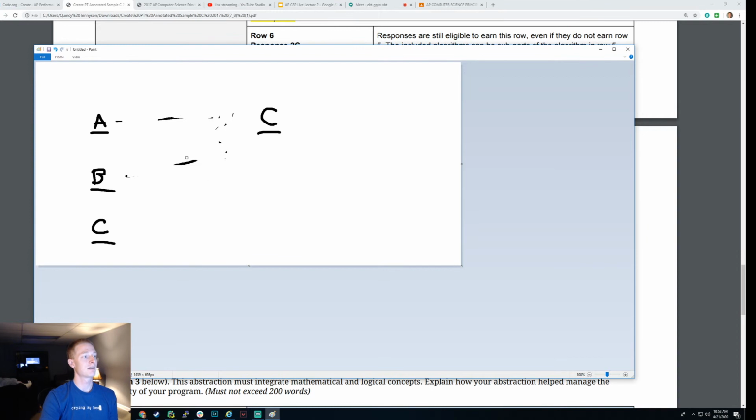Goodbye, arrows. Okay, if you have algorithms A, B, and C, okay, and they're all super complex, they do cool stuff, they could literally solve world hunger. AP's not going to give you a point for that, okay, because these are 3 independent algorithms. What you have to have